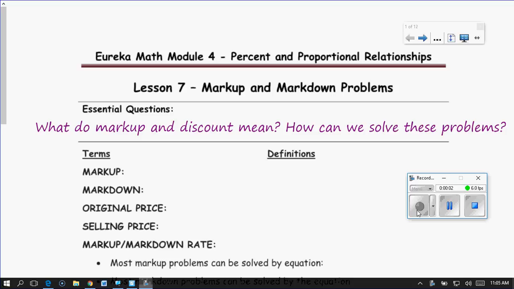Hey everybody, this is lesson 7 from module 4. What do markup and discount mean and how can we solve these problems? Okay, go ahead and write down your essential question and then we're going to talk about the terms and their